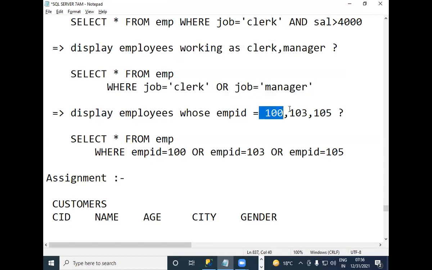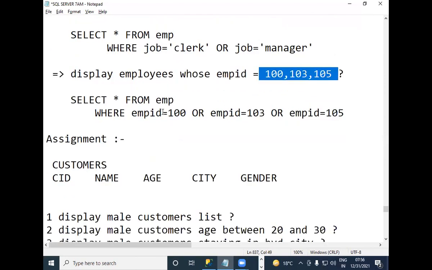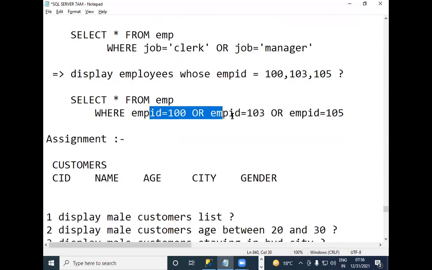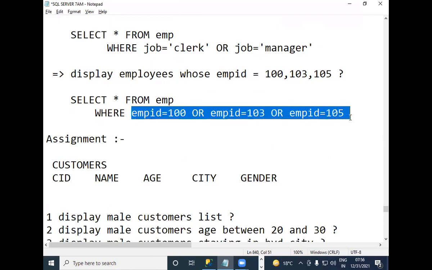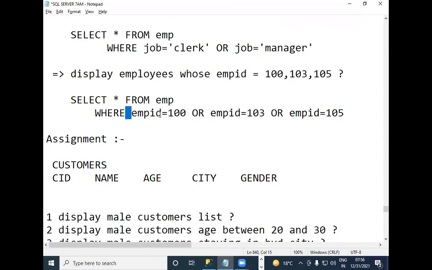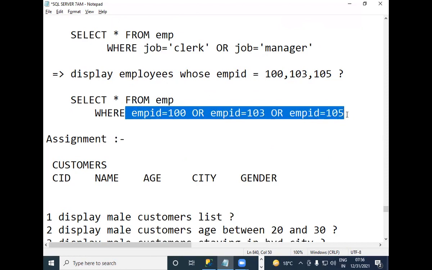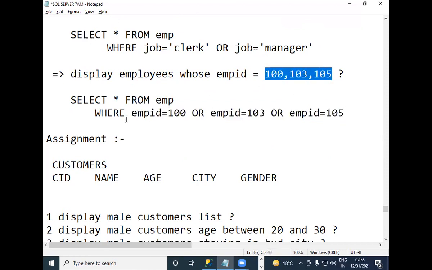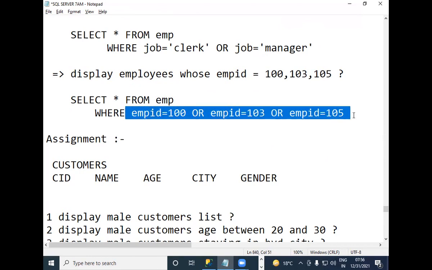ID equal to 100, 103, 105. How many conditions have you written? 3. ID equal to 100, ID equal to 103, ID equal to 105. You have written 3 conditions. Now, if I give 3 values, you write 3 conditions. If I give 10 values,